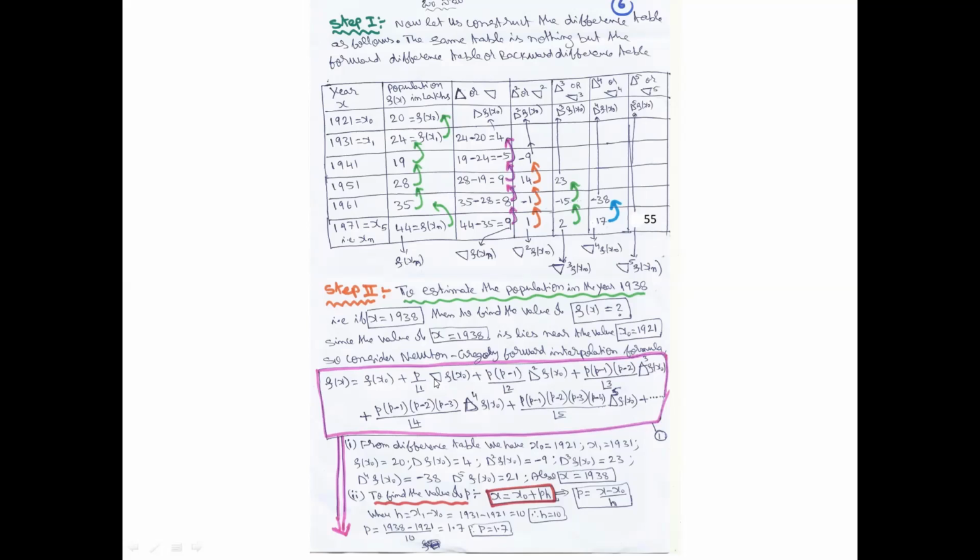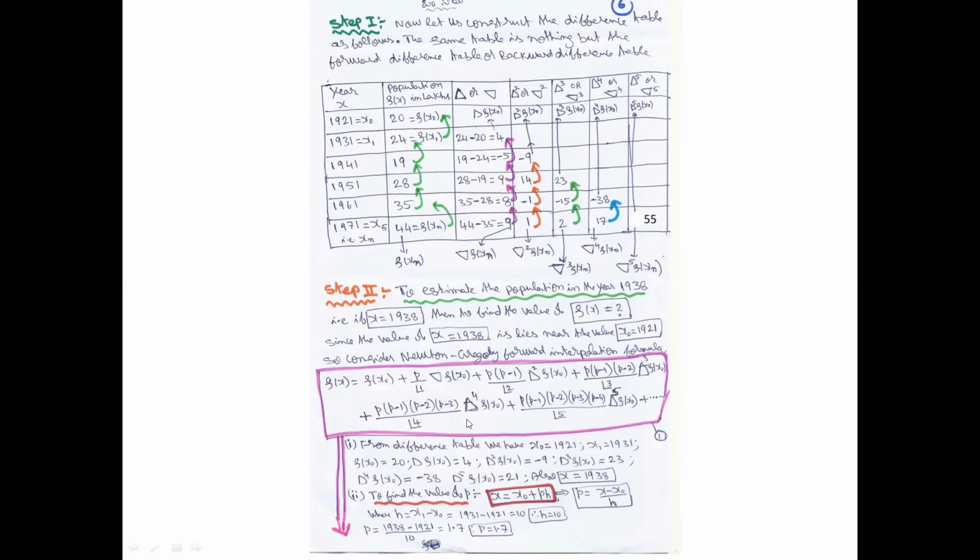In case of forward, only forward difference operators will come. Please correct it and make it clear. It is delta f of x naught plus p of p minus 1 by factorial 2 delta square f of x naught plus p of p minus 1, p minus 2 divided by factorial 3 into delta cube f of x naught plus p of p minus 1, p minus 2, p minus 3 whole